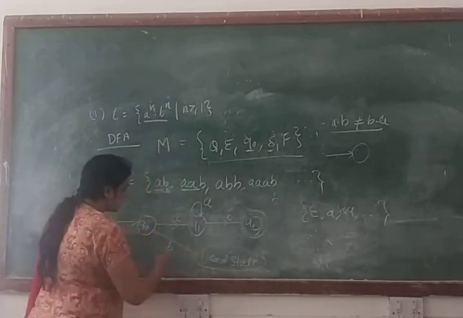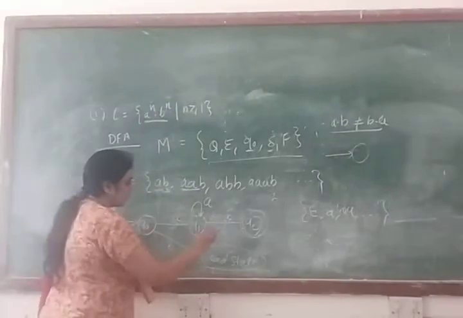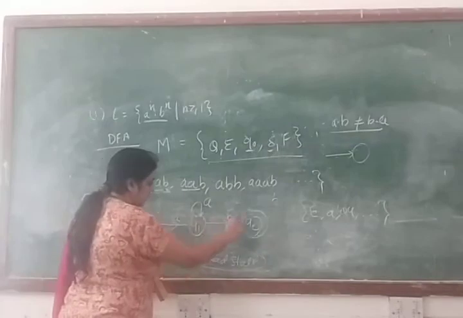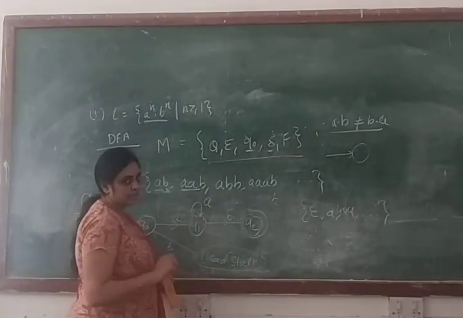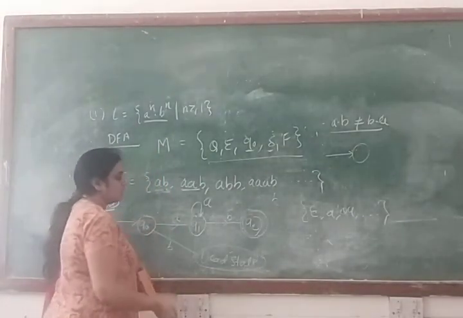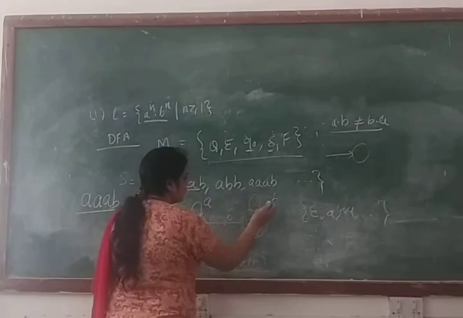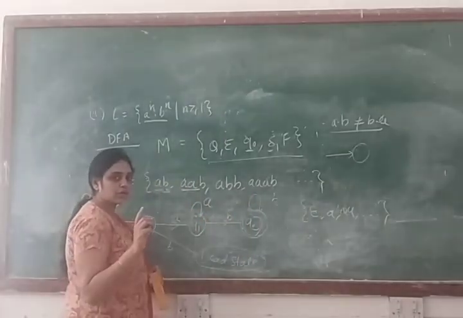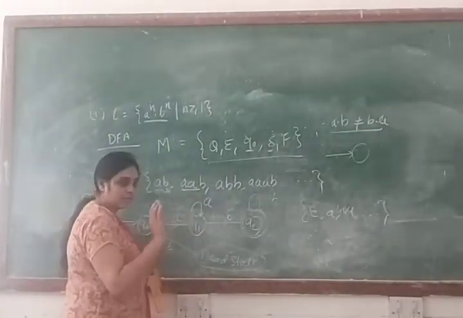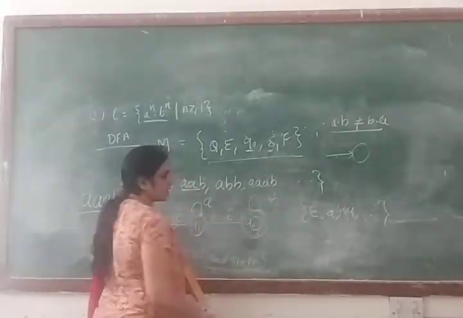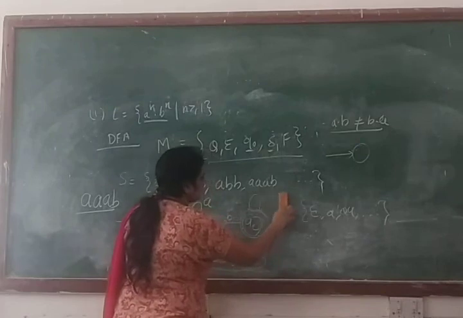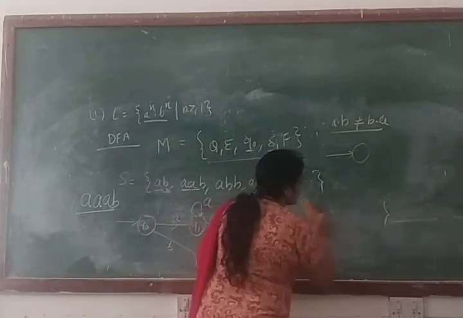Now we will check from the state Q2 to Q0, the same concept we are applying here. If we make a transition from Q2 to Q0, your machine will accept a b a b, meaning B followed by A, but B followed by A does not come into your language. Now we will make a transition in the form of a self loop for the input symbol A. That means AB will be accepted, double AB, triple AB will be accepted, but A also is accepted. But again, this is not part of your language, so that's why we cannot make a transition for the input symbol A.